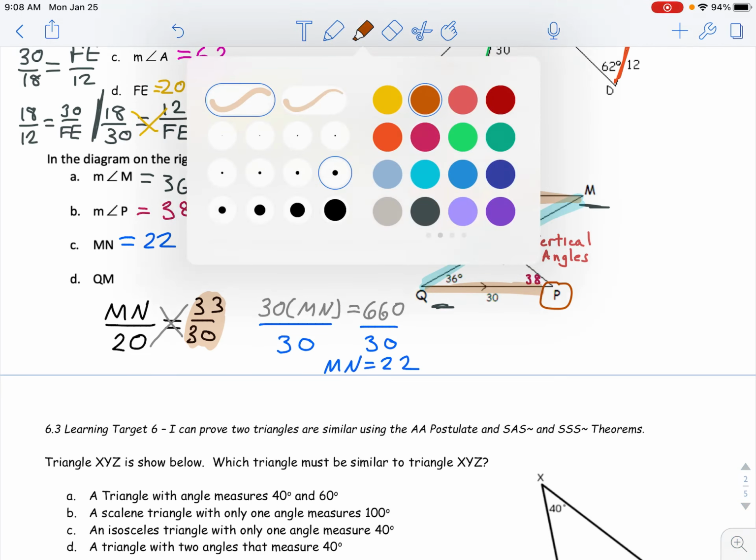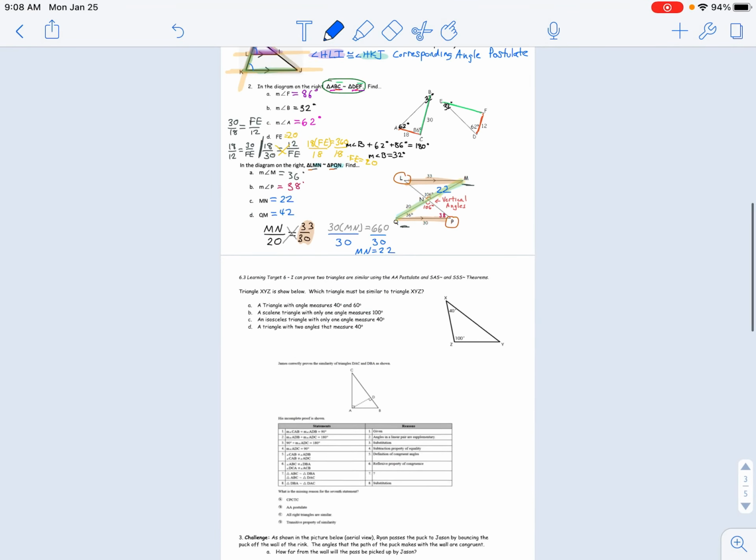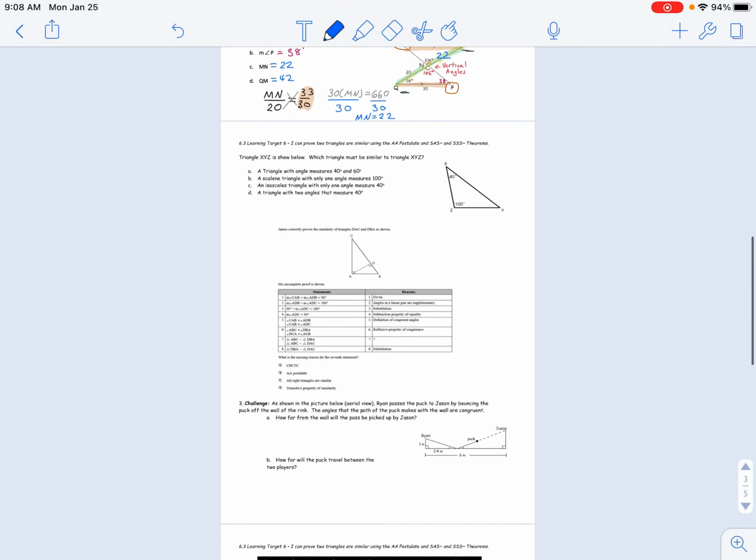And then QM. All right. So same thing. This problem won't look too much different. Oh, just asking for QM. Actually, there's not even really anything else I need to do. That was 22. So the whole thing is 42. All right, we got some